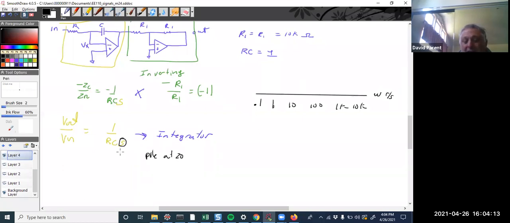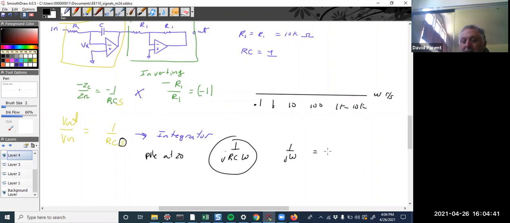But the thing is this S, if we substitute, equals j omega, it's RC j omega. Omega is never greater than anything. It's never compared to anything. It's always active. And since 1 over RC is 1, this is really just 1 over j